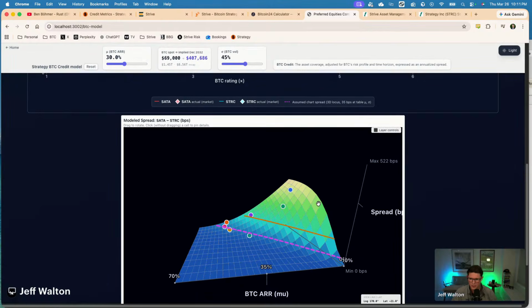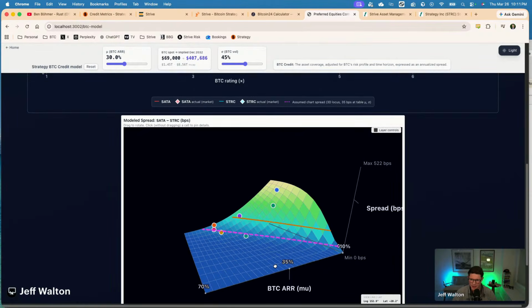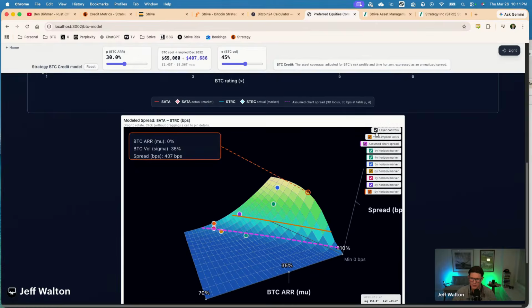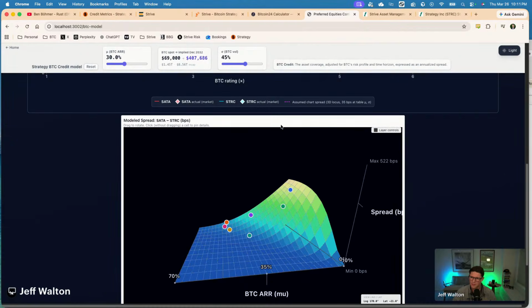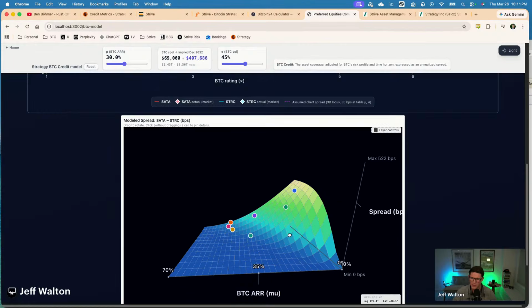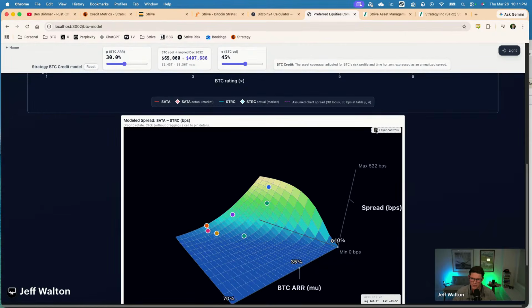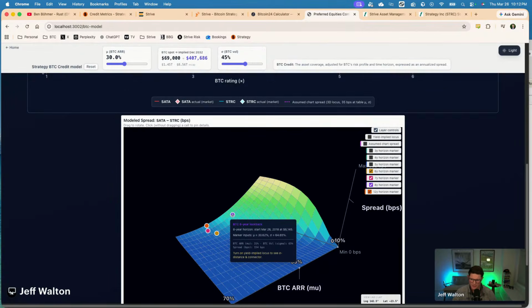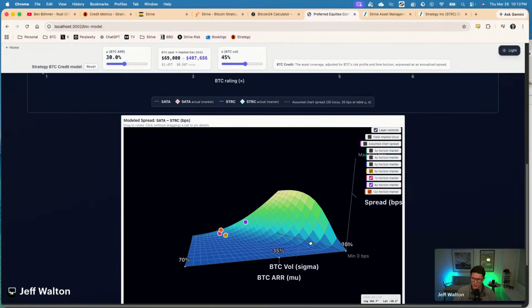Okay. Now, there's some dots on here. So I wanted to put into perspective what has happened in history. So maybe let's hide these for a moment. Reset. And these dots are all different points in time over history. So what I've got clicked on the screen right now is the 6-year, 7-year, 8-year, and 12-year horizon BTC ARR and BTC volatilities. So the 8-year being the purple dot, the 6-year being yellow, 7-year pink, and 12-year orange. Okay, so you can see some of the longer term horizons.